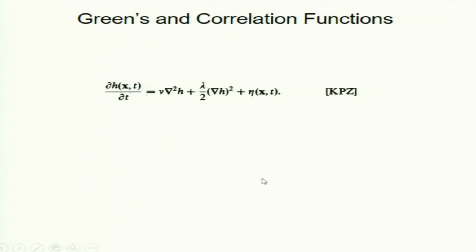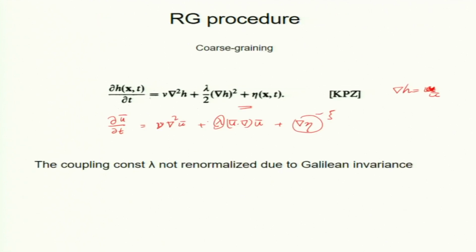Okay. So, we will write down the Green's function and correlation function for the linear part. By this Galilean invariance we showed that lambda is not changing under RG. But we need to renormalize nu and d. And it is very similar to what I told about hydrodynamics, this nu and d. Well, in my calculation I did not renormalize d, but Jacob-Herzog as well as the functional RG which I was talking about for the generating function, we normalize nu and d.